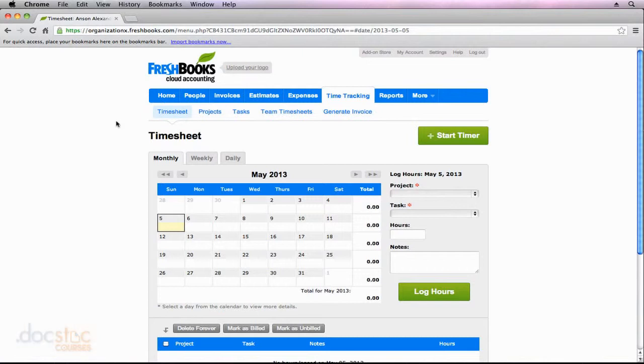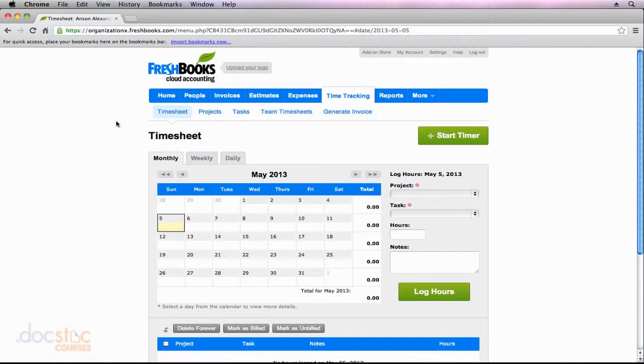In the last video in this video series, we talked about creating a new project to track time here in FreshBooks. Now, one of the aspects of a project that we needed were the tasks associated with that project. And as we created our project, we noticed that the only tasks available to us were the default ones created by FreshBooks. Now, as we were creating our project, we had the opportunity to add tasks on the fly.